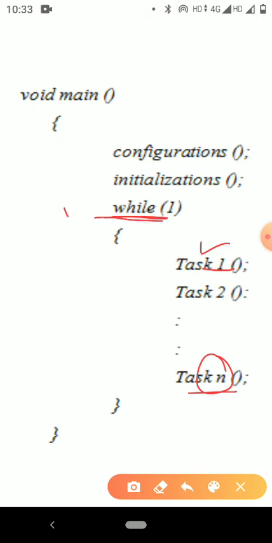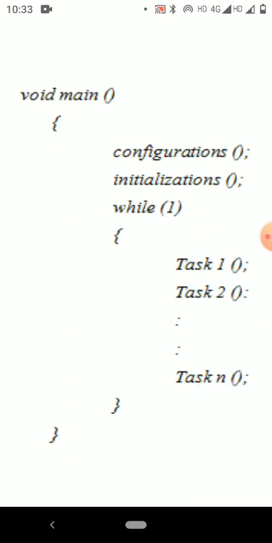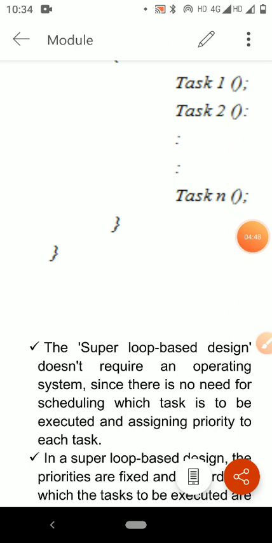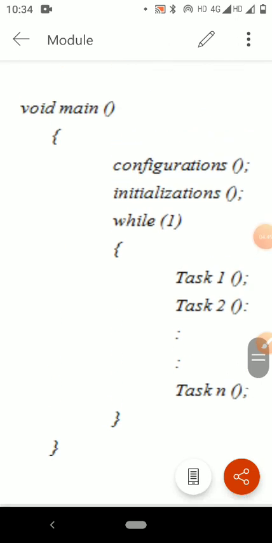So, infinite loop. This approach is also referred to as the super loop based approach. Here the only way to come out of the loop is either a hardware reset or an interrupt assertion.